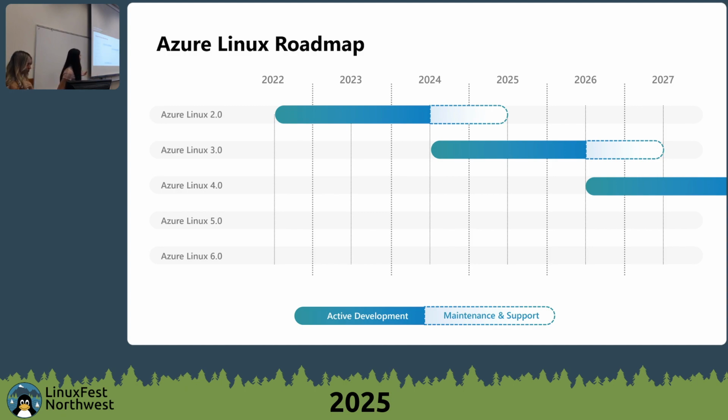Again, if you compare this to any other traditional Linux distribution like Ubuntu, which follows a 10 or 11 year, really long LTS, it is slightly or very shorter compared to that. But by releasing new versions every 2 years, we're trying to ensure that you always have access to the latest Linux innovations, like the latest LTS kernel, latest versions of packages. And so we're trying to make it ideal for cloud native workloads.